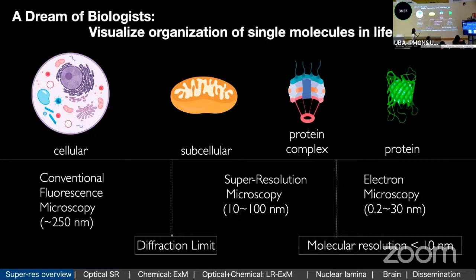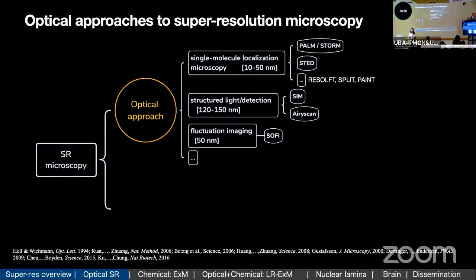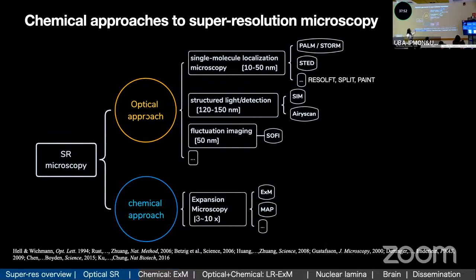And the diffraction limit is around 250 nanometers, as explained in the previous talks by Fernando and other speakers. The previous talks were focusing on the optical approaches to super resolution microscopy, including all the methods: PALM, STORM, STED, RESOLFT, DNA-PAINT, SIM, structured illumination, and Airyscan. So we're already talking about those, and I want to focus on the second approach, the chemical approach,